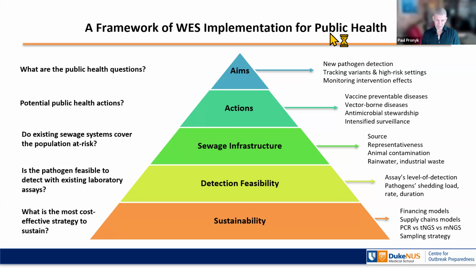Next question is really around, is it even feasible to detect the pathogens? And that is the slide I showed earlier. We've tried our best to draw together the literature on that longer list of things that are technically feasible to detect. And then, based on these factors, as you're thinking through with your epidemiologists and with your surveillance programs about where to position wastewater, it's how do you do that in the most cost-effective and sustainable way?